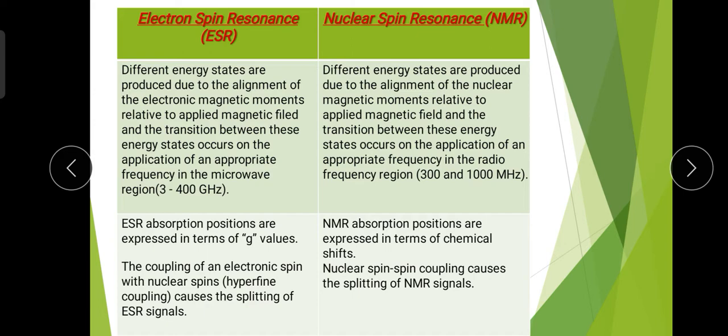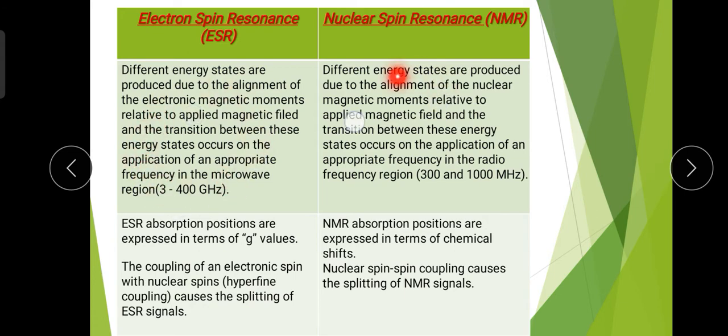That means there are two possibilities: alignment along the direction of the field, and alignment opposite to the direction of the field. So we get the transition between the two energy levels, but only when we have the appropriate frequency in the radio frequency range. This is the resonance in NMR, and the other is the resonance in ESR. The resonance condition occurs at the appropriate frequency, in the microwave region, and in the presence of an external magnetic field there is a transition between two energy levels. So this is the resonance condition in ESR.